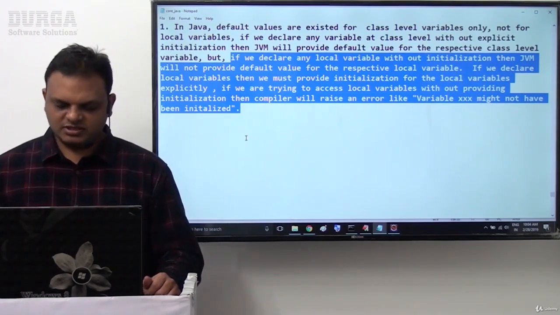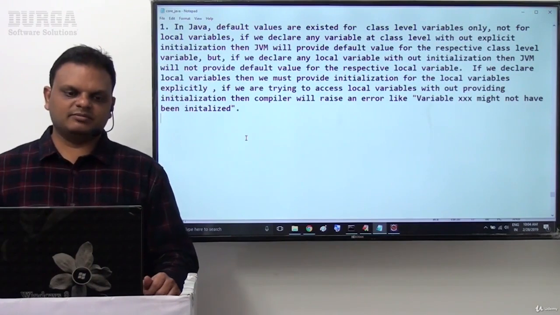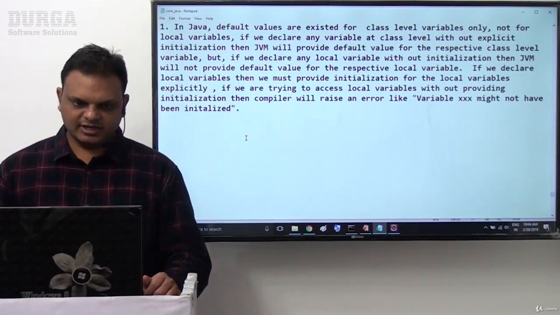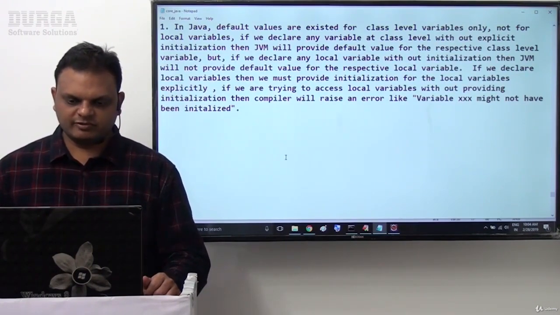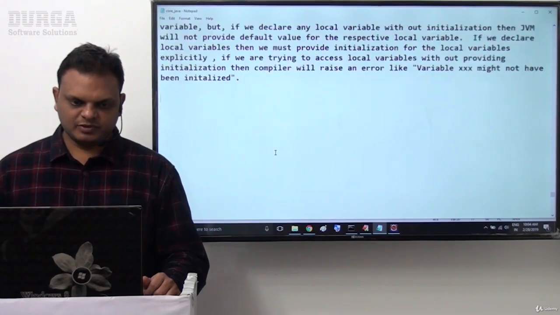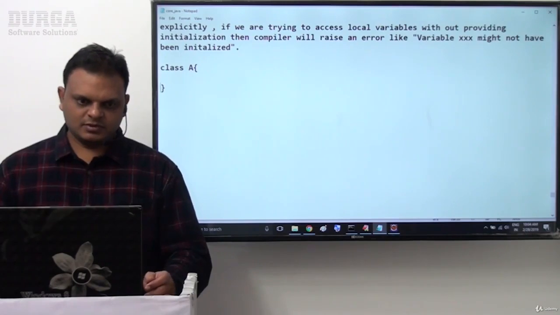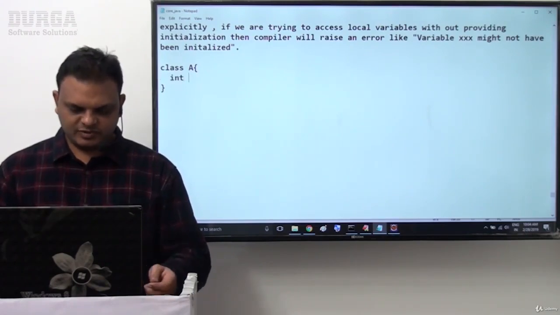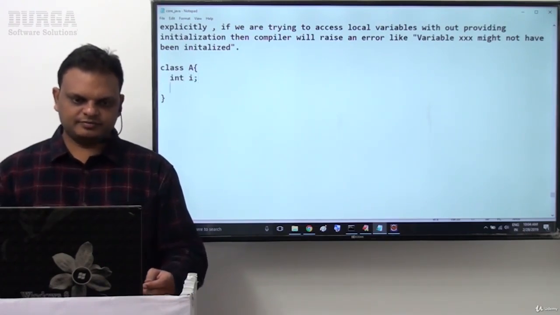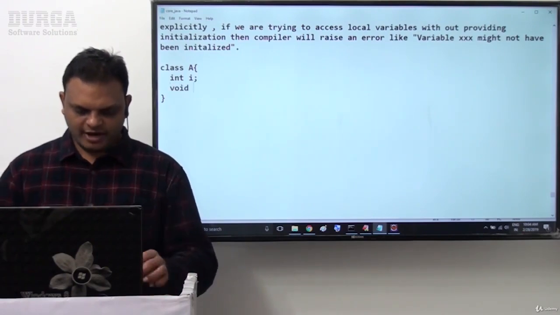Now we will see a simple example for this particular point. Let's say, for example, I'll take class A. Inside this class, int i; I have taken, and void m1 method. Now int j; I have taken.